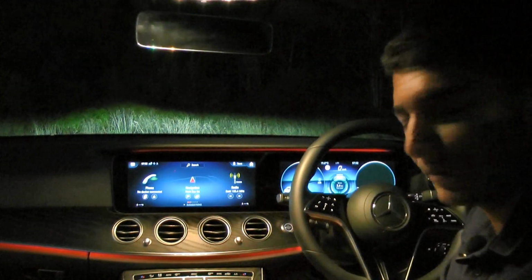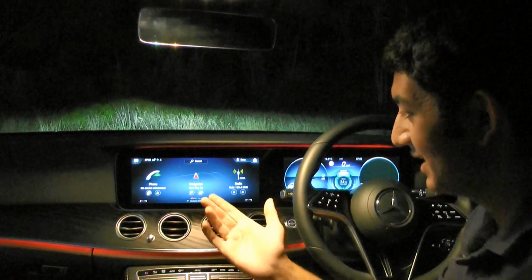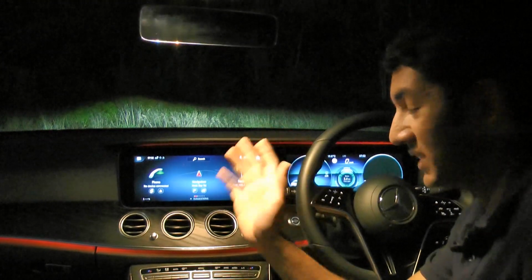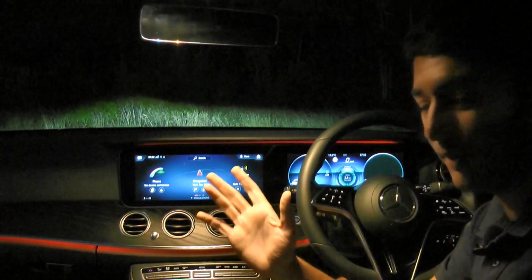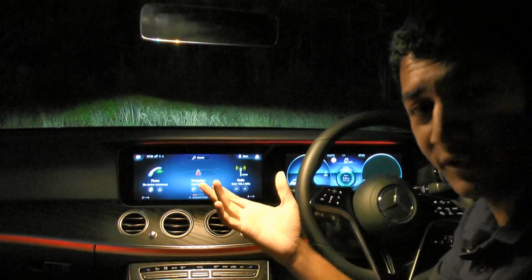The infotainment screen in the middle, of course, is Mercedes' old trustworthy MBUX system. It controls, as you can see, this very nice interior mood lighting. It's got all the stuff you need: Apple CarPlay, Android Auto, phone connectivity, and of course, the very cool Hey